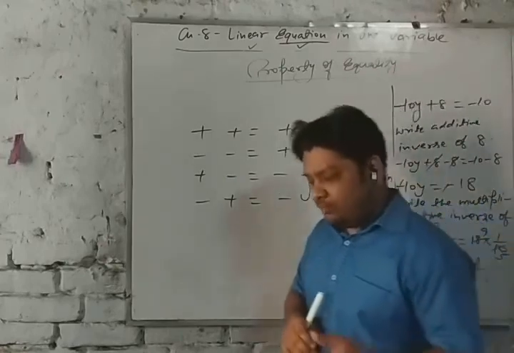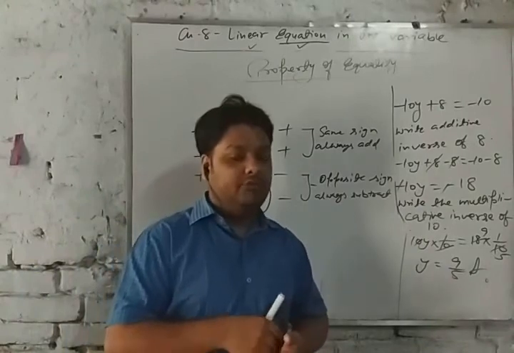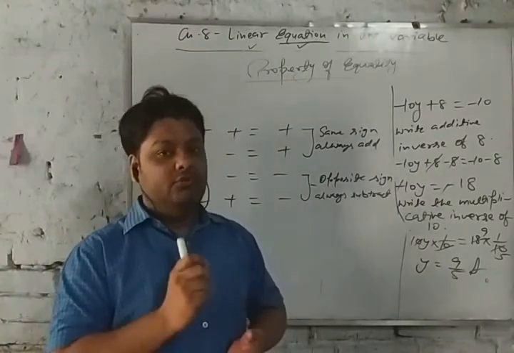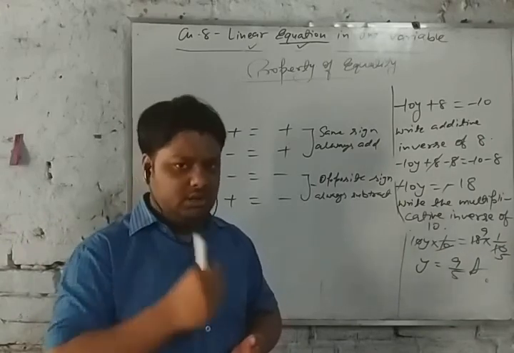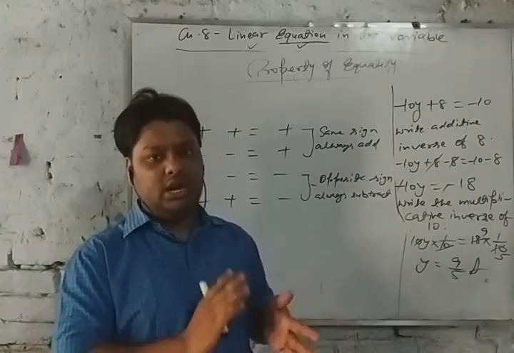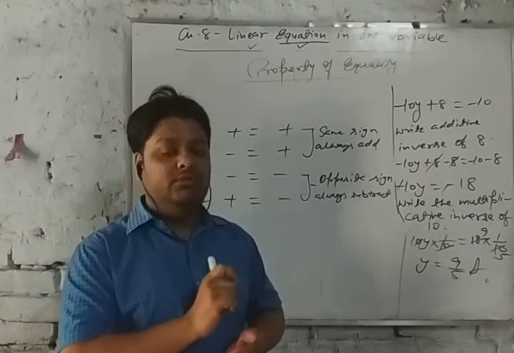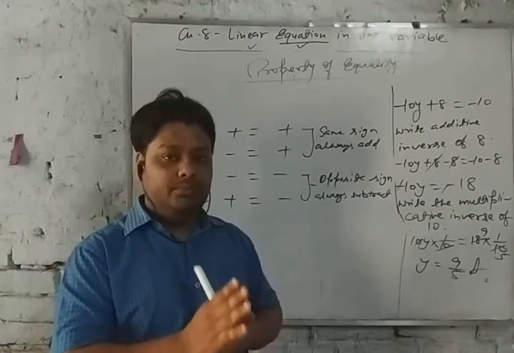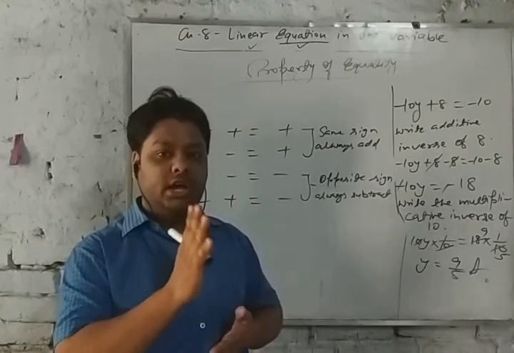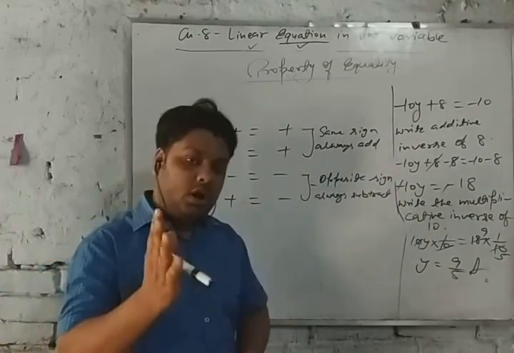Okay, so this is the plus minus rule, and in algebraic expressions we have already studied that if there is a minus sign outside of the bracket, then after removing the bracket we will change the sign of each term of the expression or equation. But if there is a plus sign, then we will not change any sign of the terms of the expression or equation. Okay dear? So I hope that you all have understood.